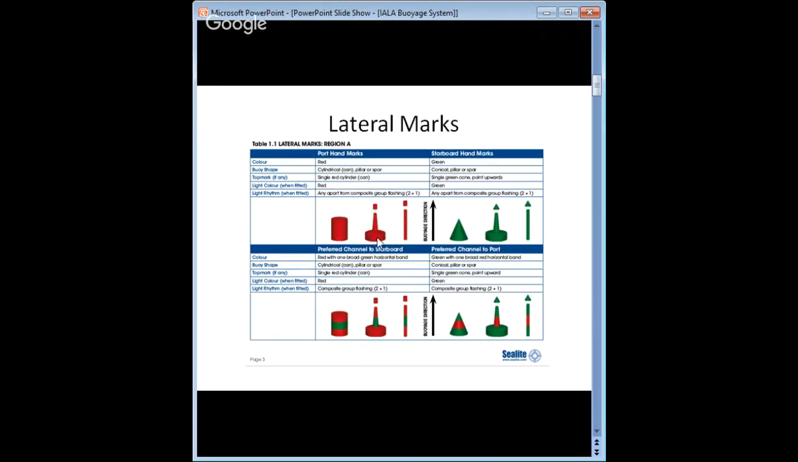Okay, so all the red marks. Now the red marks are pretty easy to identify. They're red for a start. Sometimes with the shag sitting on them, they're sort of a pinky colour, but are usually red. They've got a cylindrical top shape, or more often than not, you'll find a square mark on the top of them. They can either be a buoy or they can be a pillar or spar, but with a cylindrical or